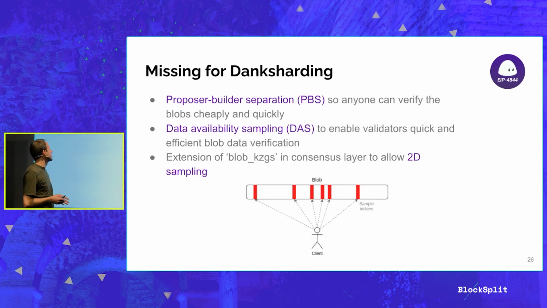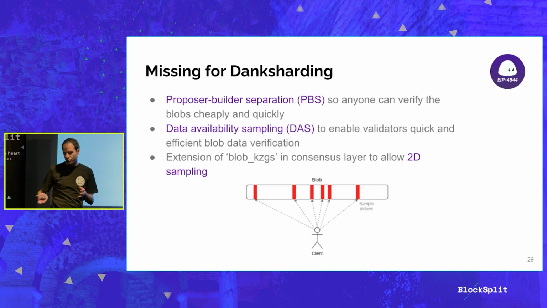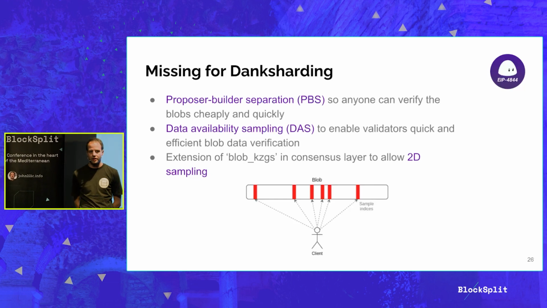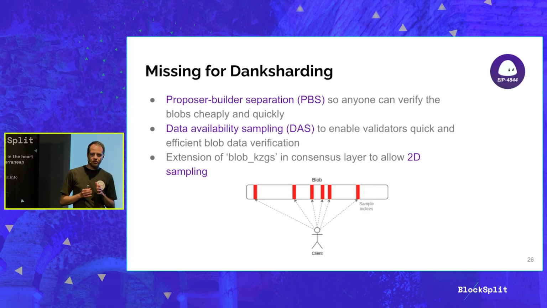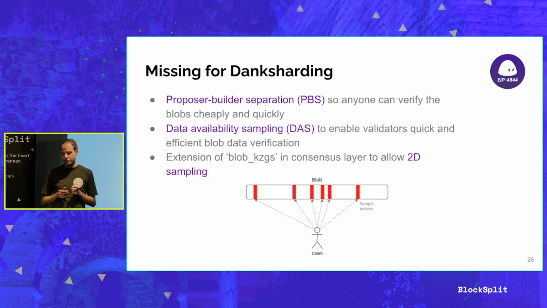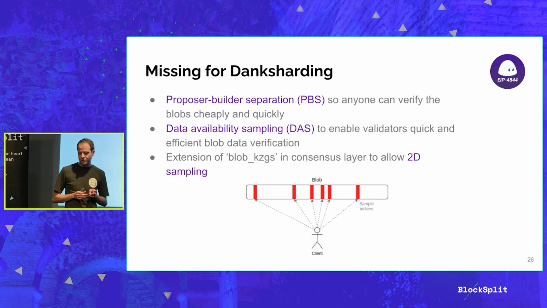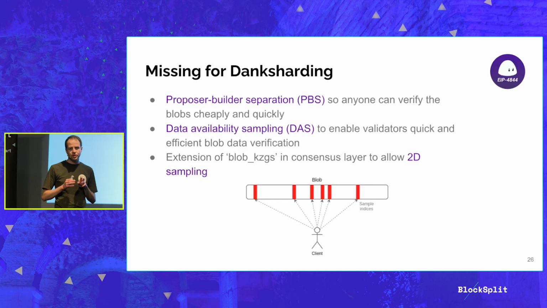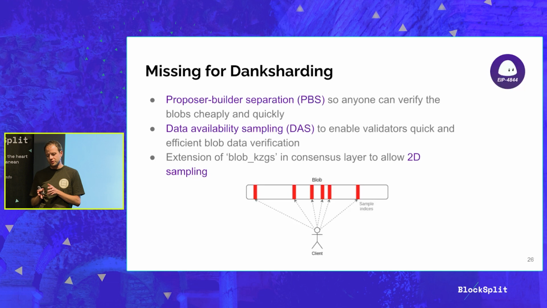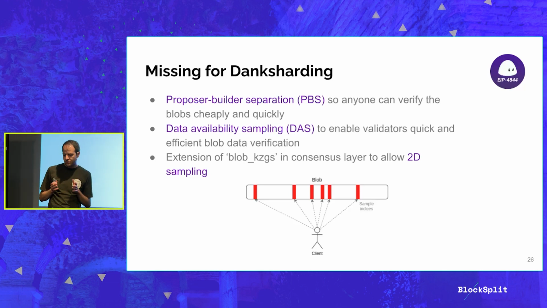Another solution needed for the full Danksharding is proposer builder separation. Proposer builder separation will enable us to have two different clients. Proposers will be lightweight clients that will validate blocks more easily, so they can be really cheap minimal machines. And the other type are builders. Builders can be heavy machines that will generate the blocks, and this enables us to get even better compression of